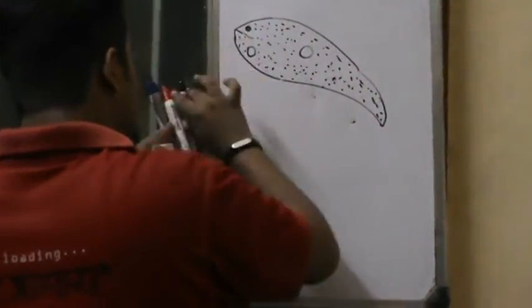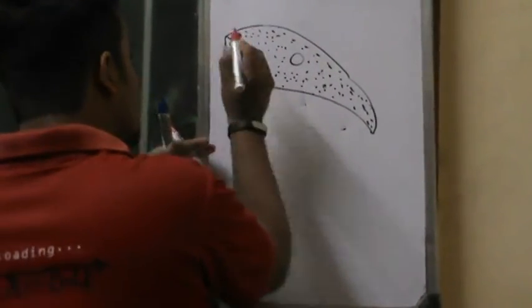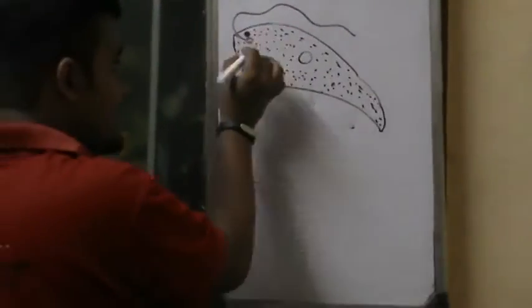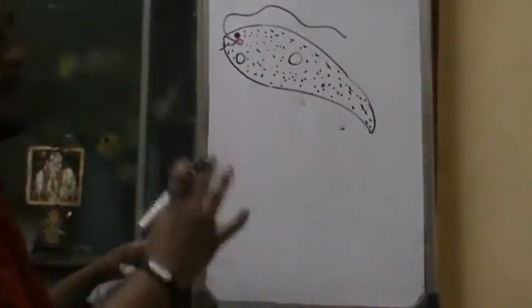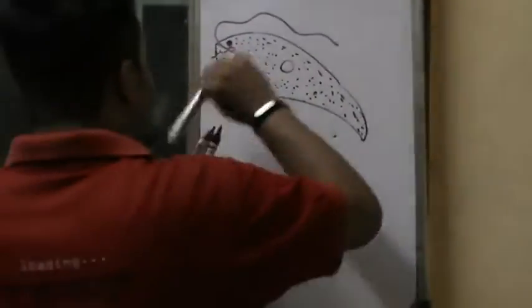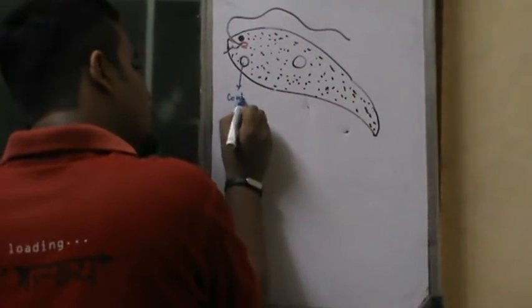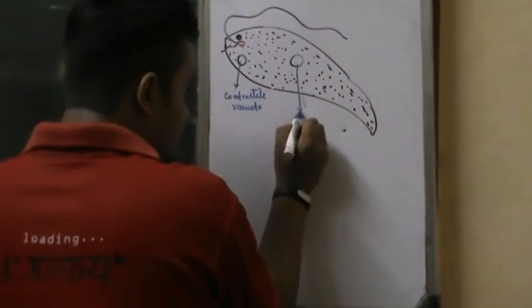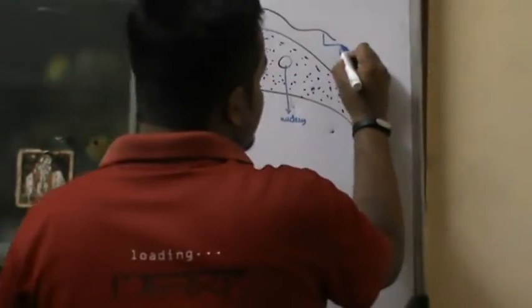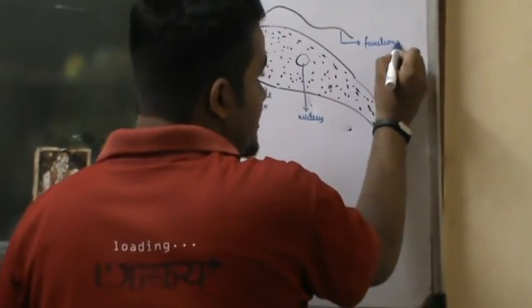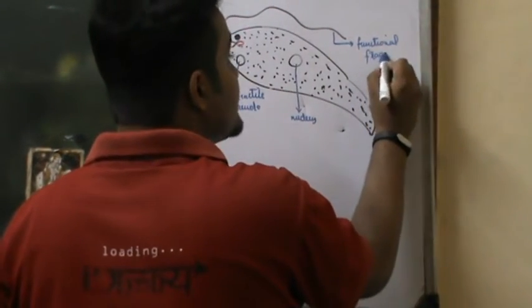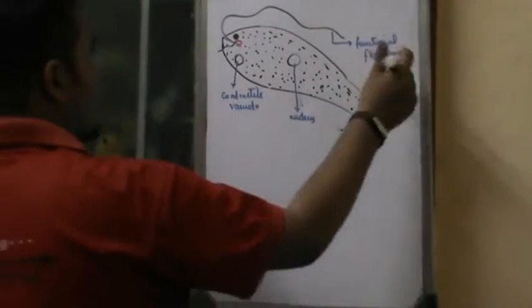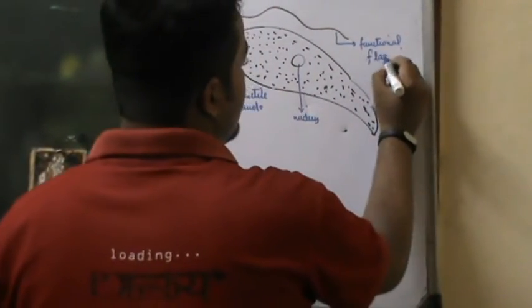बेटा देख, just below this eye spot there is something which is called one flagellum, it's only one नहीं, it's going to be another two, but it's not visible in NCERT. हमेशा याद रखना, this is the contractile vacuole. This is called the nucleus. This is called the functional flagellum. The functional flagellum is something which is for wriggling movements. हमेशा याद रखना, wriggling movement, also called metabolic movement. That is going to be very important. Functional flagellum is going to be one of the major things.